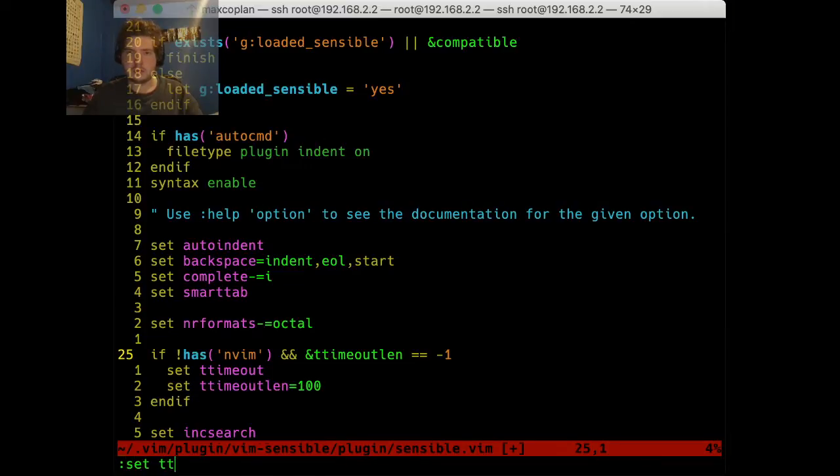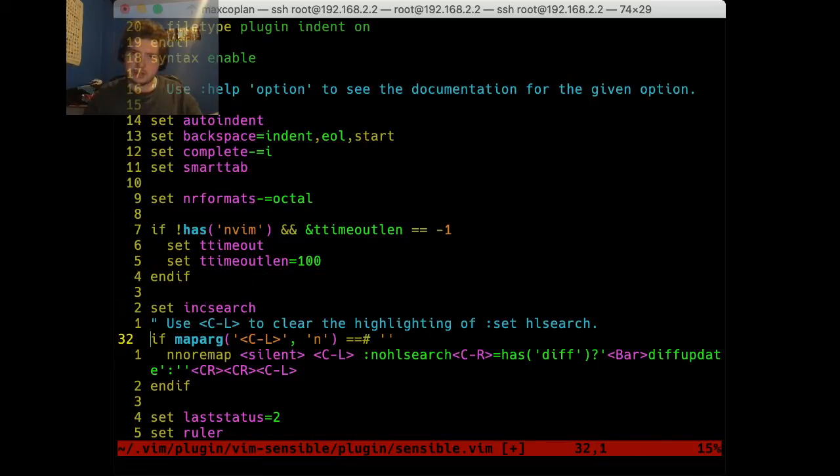Wait. Why is this a problem? Oh, if it's not, I'm sorry. Set insert.